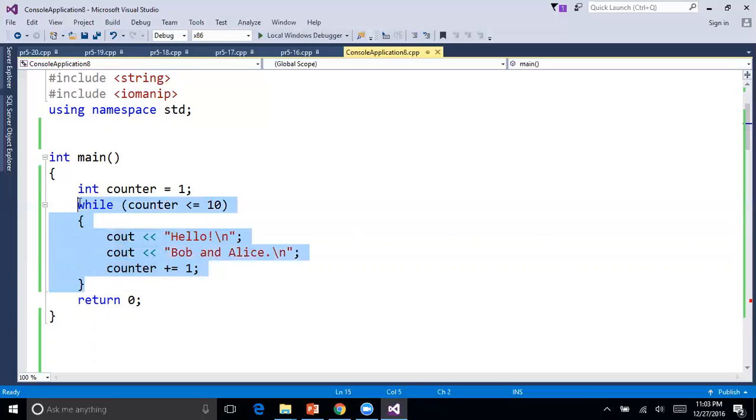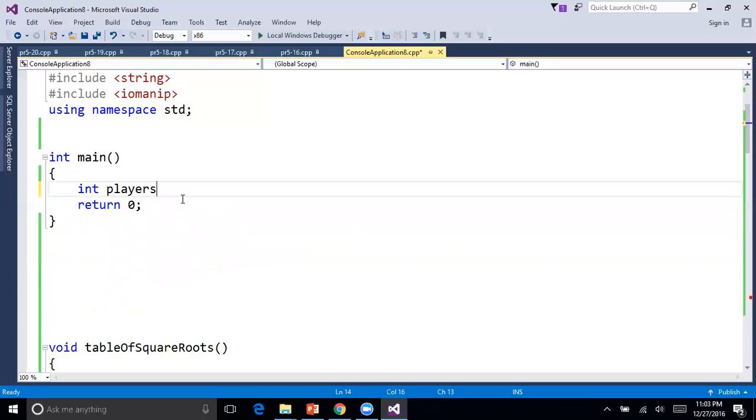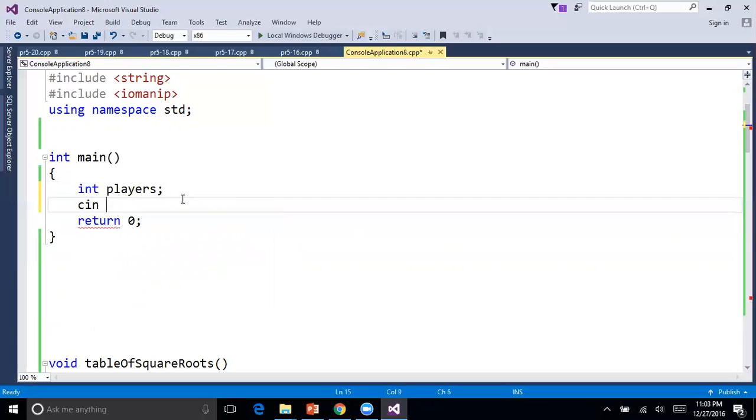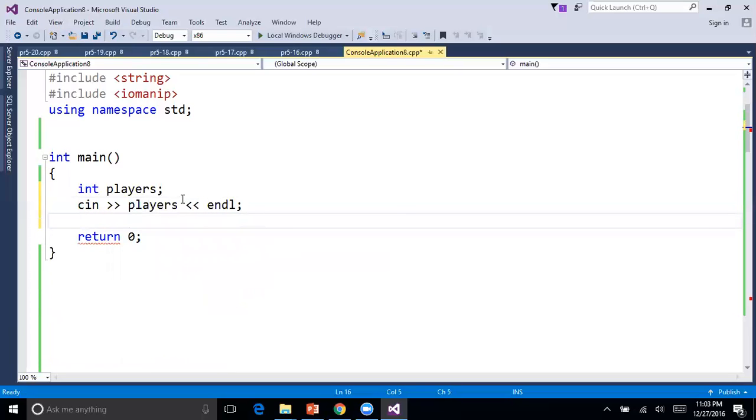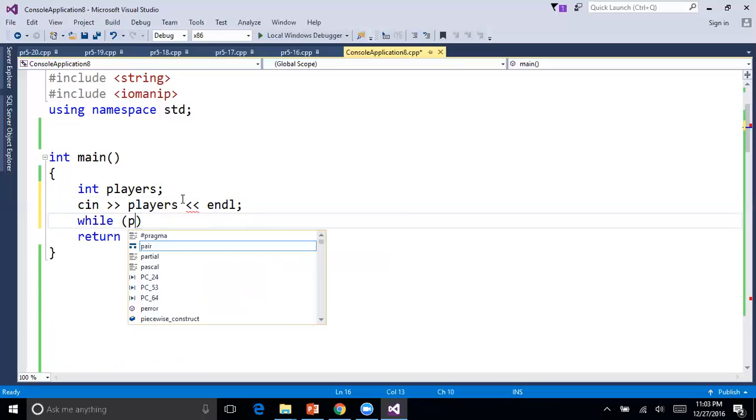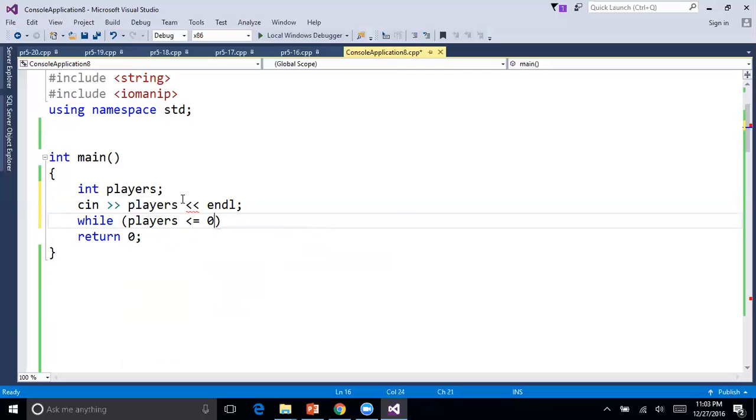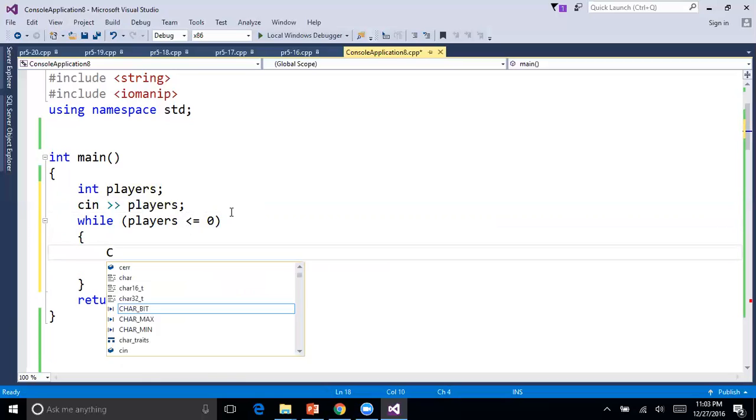So instead of saying if, I'm going to use this. I'm going to say int players, and I'm going to say cin greater than players. The user will tell me what that is. And now I'm going to say while players is less than or equal to 0, what am I going to do? I'm going to say you have to pick something. There's no endl necessarily there. But while players is less than or equal to 0, what do I want to do? I want to say cout